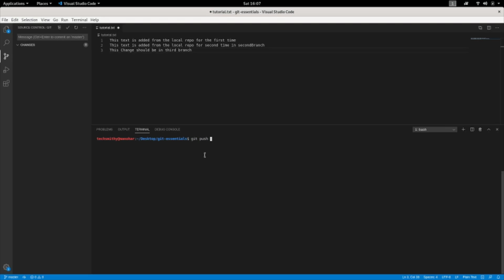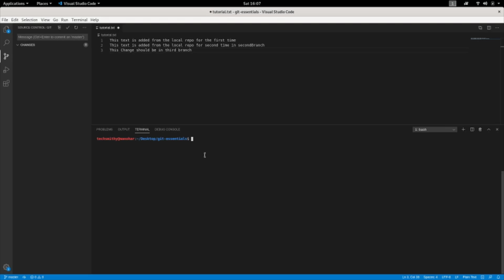If it's your first push for a branch, then you need to do set upstream, origin, and your branch. And if it's not the case, you can just do git push origin and the branch name, let's say master in my case.